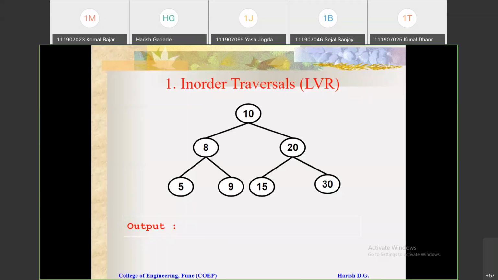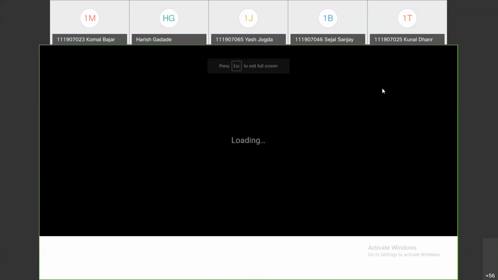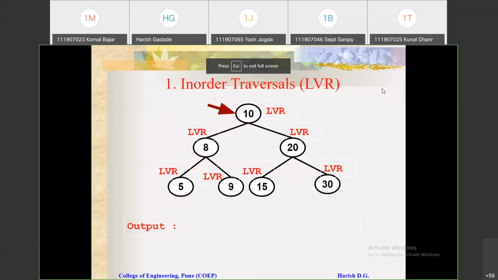Now, as I said, for the in-order traversal there are three steps. The steps are LVR. For each and every node, we need to follow these three steps. First, we write the steps for each node so that we can understand. I just copied this, so this is 15; at the end I'll make the correction.